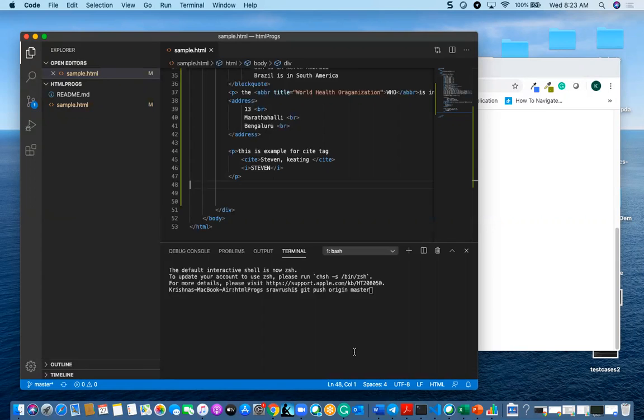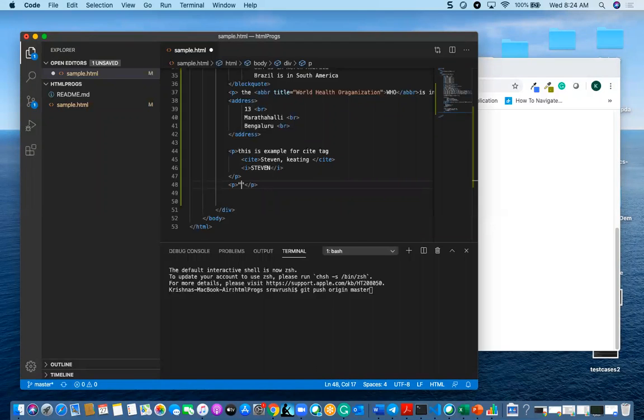And also for quotations we can use the q tag. I can mention it like this also, and then I can use something else.